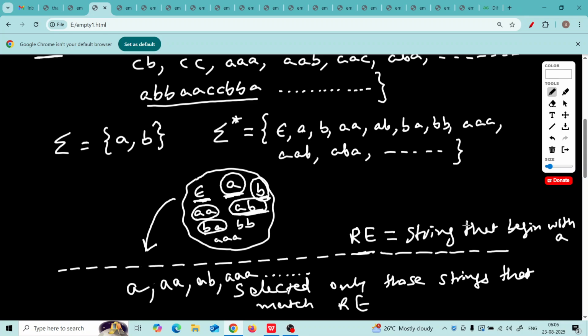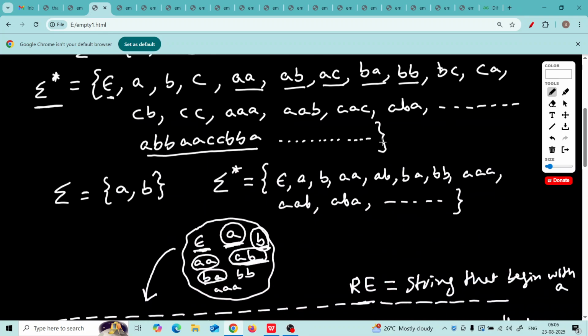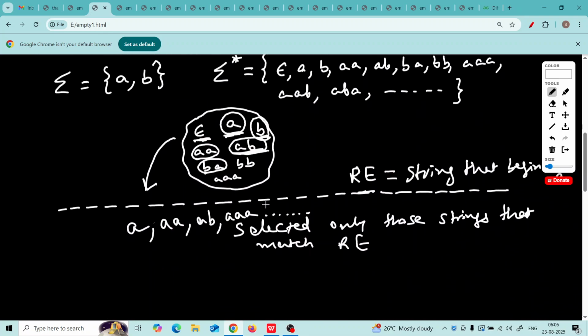Correct? So what is regular expression meant for? It is meant for giving a rule so that we can match the strings of sigma star and decide which strings will be selected by the regular expression. Now, once we have seen what is the meaning of sigma star, we are putting this filter so that from this infinite bucket we may select only the words of our interest, and words of our interest is given by a rule, and that rule is known as regular expression. Okay.